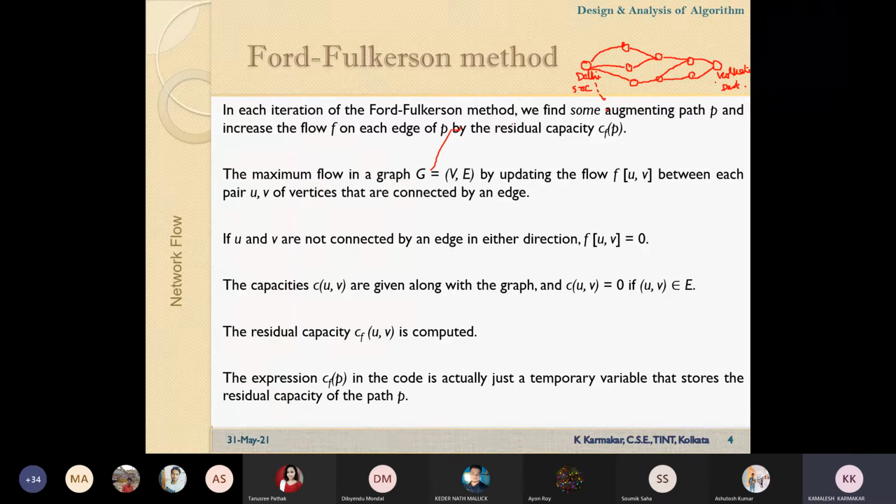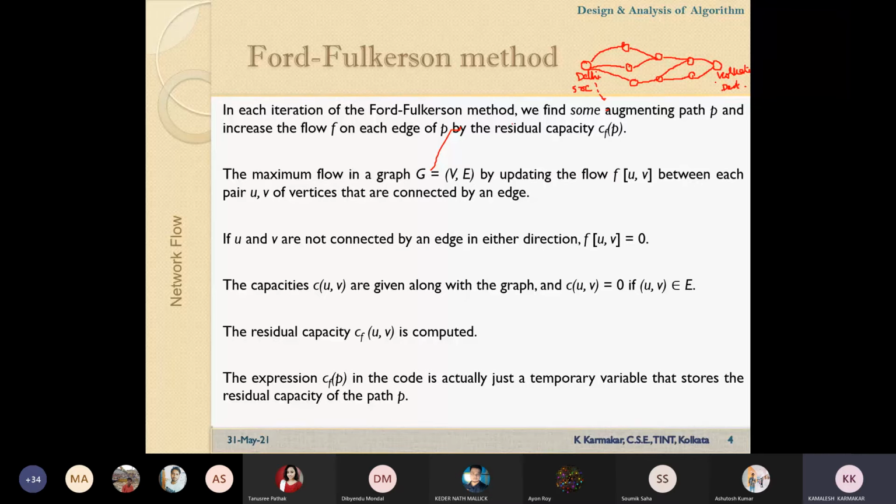So if you can determine the maximum flow every hour, then in minimum time you can transport these goods from one city to another. This is a problem which can be solved using the Ford-Fulkerson algorithm. It is basically a network flow problem, but mostly this type of algorithm is used in designing electronic circuits, though it will be difficult for you to understand how it is applied there.